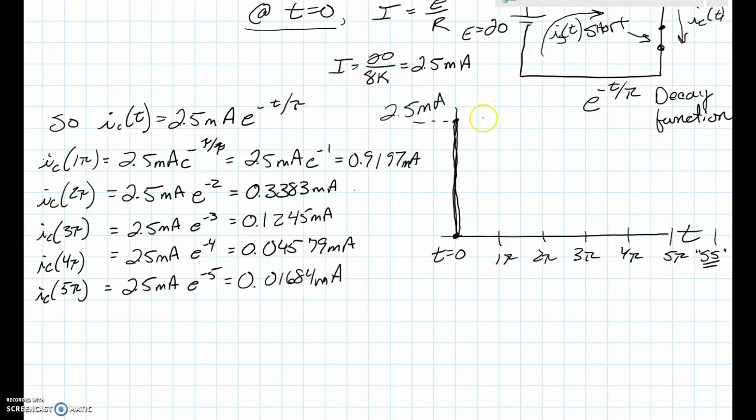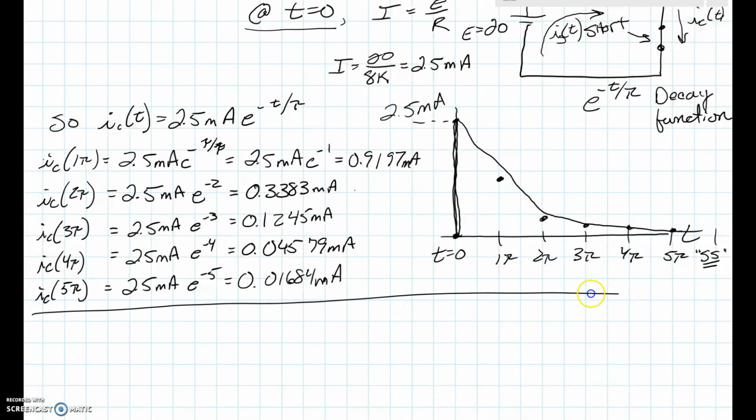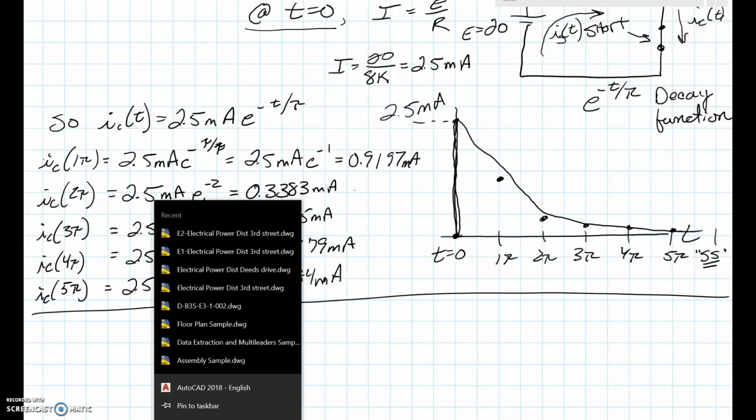We ramp up to 2.5 milliamps, and then at 1 tau we get down to 0.9, which is right in there, I guess, and then a third of that, which is there at 2 tau, and then we're getting quickly down to 0.12. And we see that this guy now is heading to 0, so it spikes and then heads to 0. Okay, and that's the current. Now, the voltage across the resistor, again, just simply follows